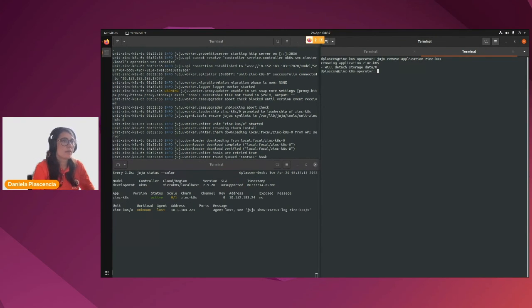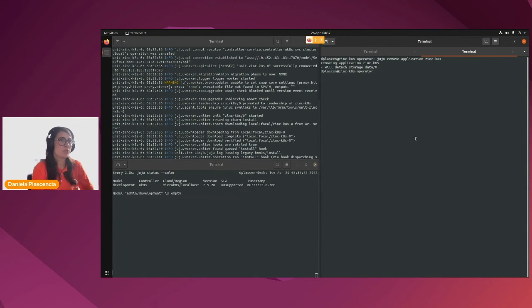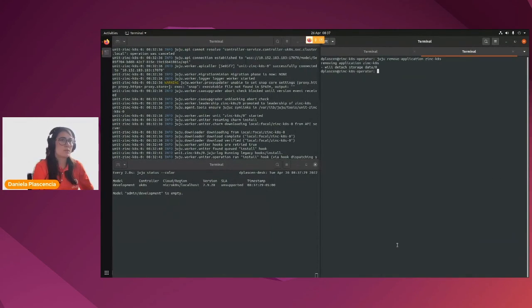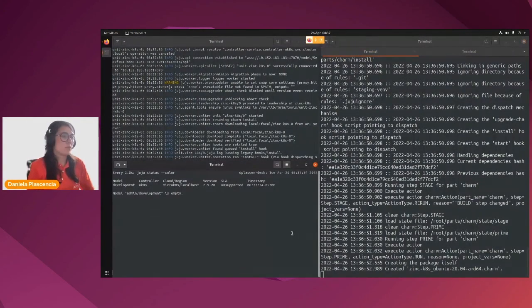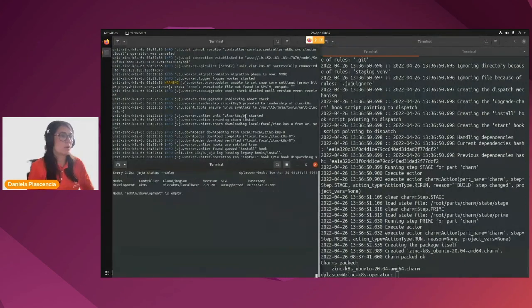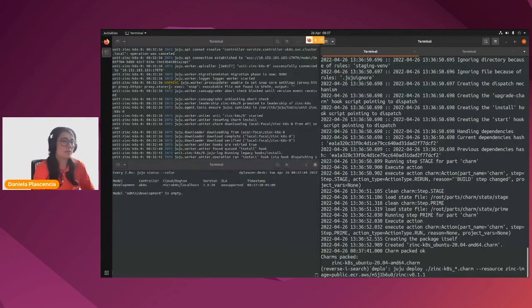All right, so as you can see here on the left, we cannot see the application anymore because I just removed it. Let's go back to the other terminal. It's not finished, so let's wait for it to finish. Again, you can follow what is going on with the charm using Juju debug log or Juju status. Okay, so now that the charm is packed again, what we have to do is deploy again